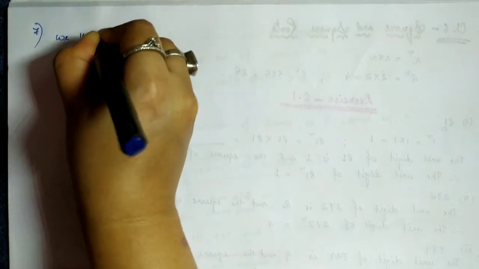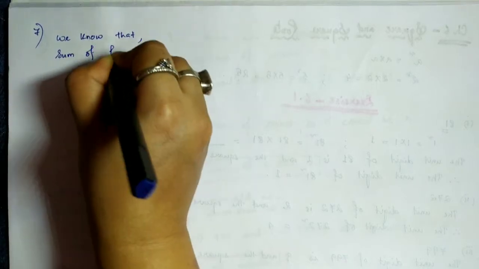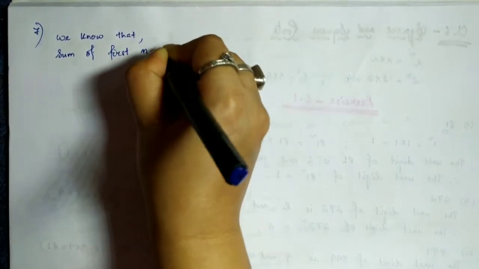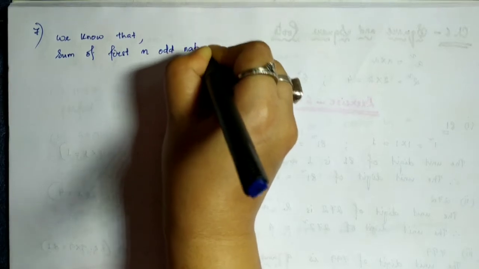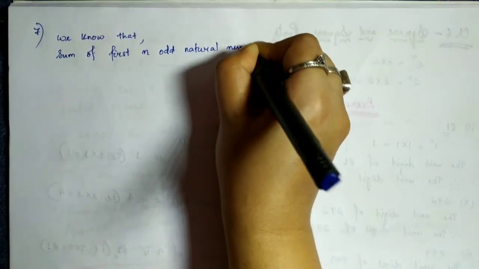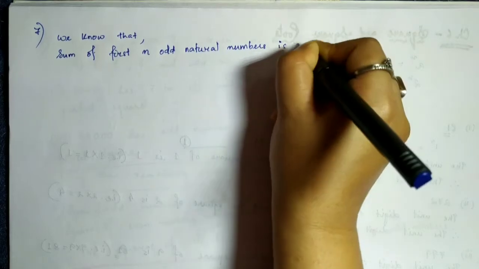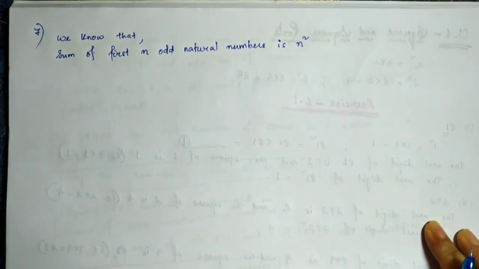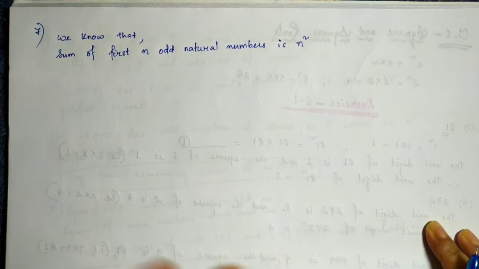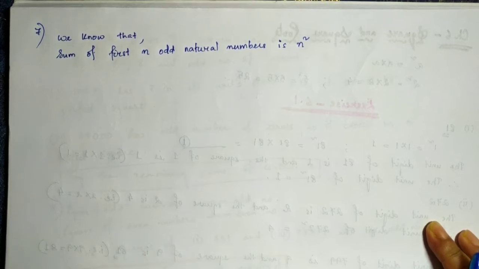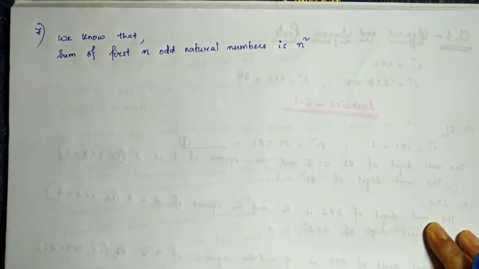So in question number 7 it's given, without adding find the sum. So before doing the sum for question number 7, we'll use this property. You don't have to write it for the solution, I am just writing that. We know that the sum of the first n odd natural numbers is n square. Means if there are n odd numbers, first odd numbers like 1, 3, then 5 sequentially, not in a random way, then after 5, 7, 9, 11, and so on, if we add them, if there are n numbers, then their sum will be n square.